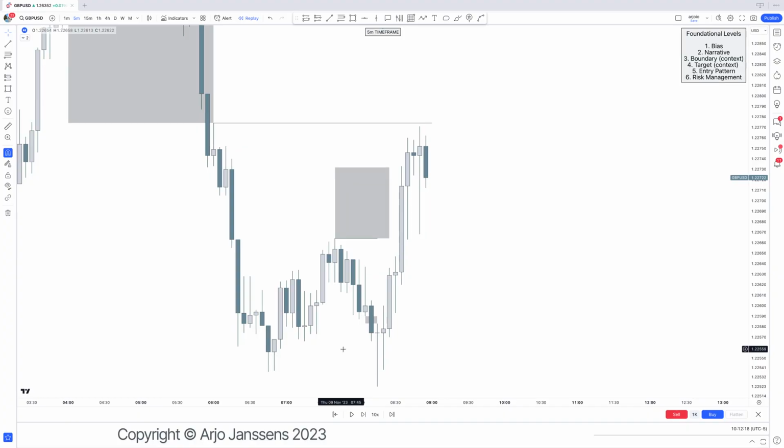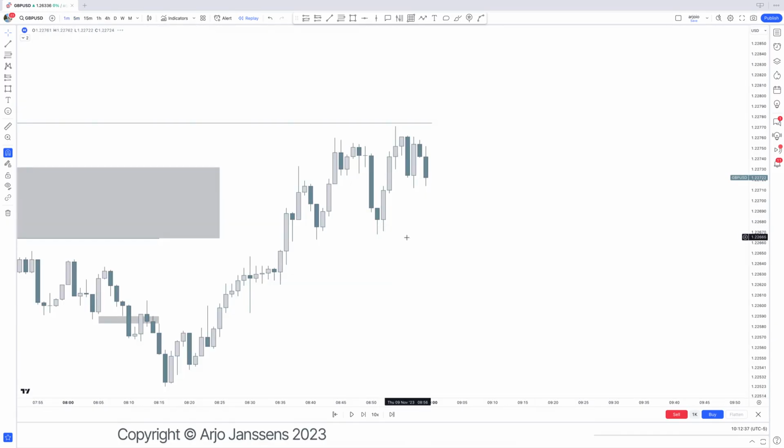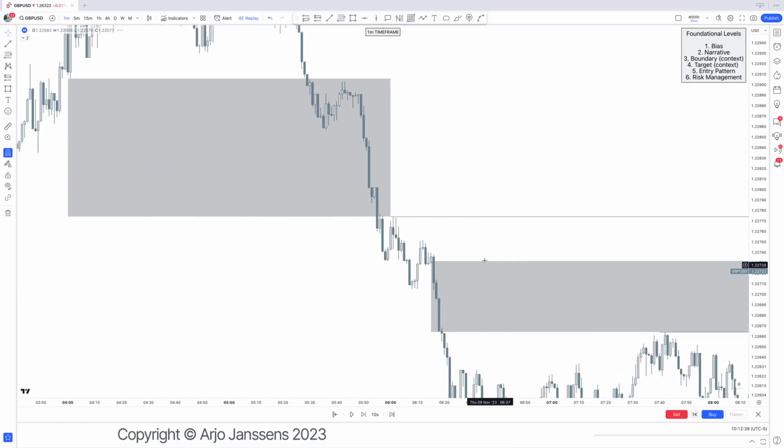Yes, but if there is on the time frame above you a fair value gap above the order flow lag, or below in bullish situations, then this is not protected. So right here, again, it's not in context right there. That is very important. So on the 1 minute even, you can again see the same thing where we have